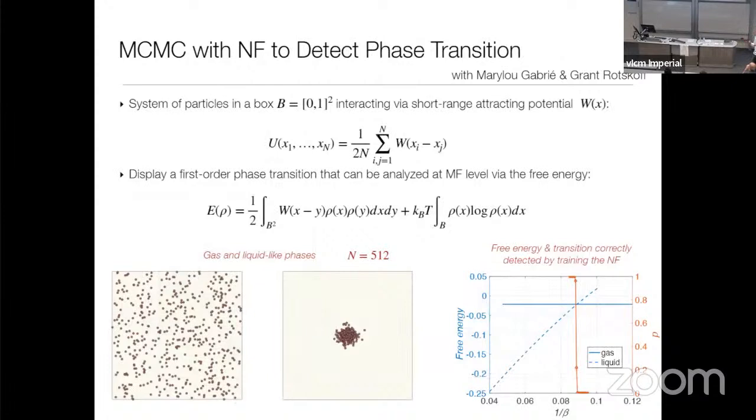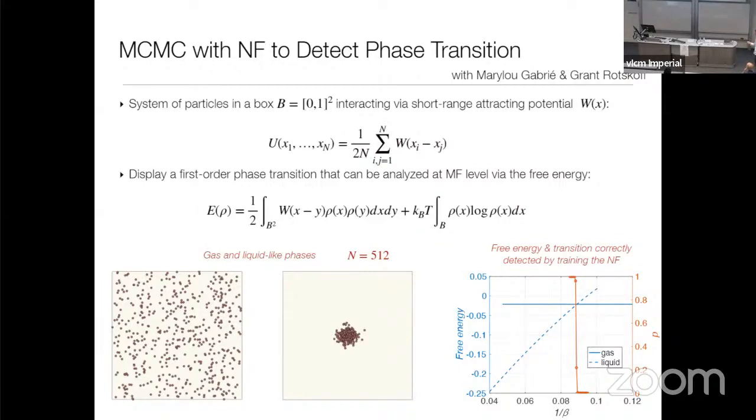The archetype is a model that has a first-order phase transition. Here is one. It's a model of particles that interact through a short-range potential, which is pairwise. It's written here, N particles in 2D in this case. This is a simple model because it is in a mean field limit. So there is a mean field description, meaning that the empirical distribution of the process satisfies a minimization principle in the limit when N goes to infinity, where there's an energy term that is directly inherited from the energy that was there, but you gain an entropic term due to the fact that the particles are indistinguishable. You can interchange them.